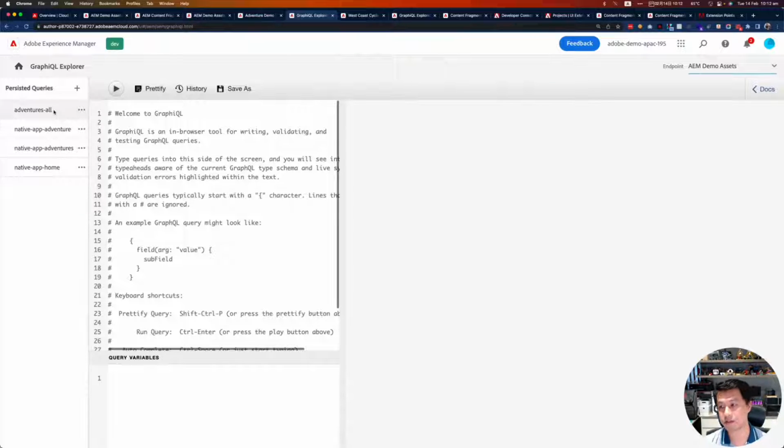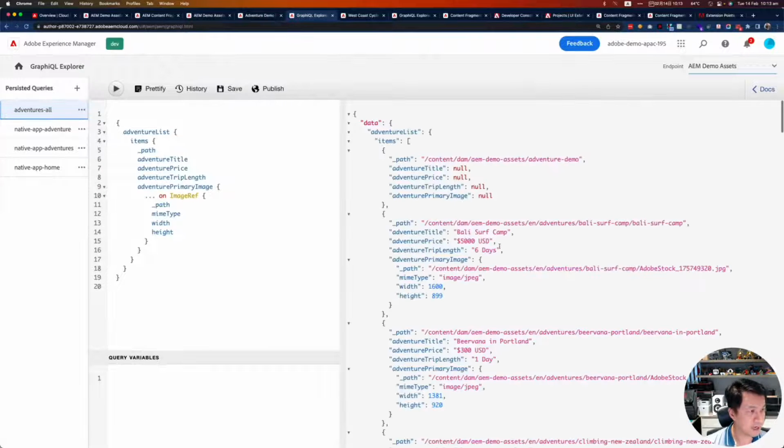And for everyone's information, GraphQL is really efficient in terms of fetching the content fragment or the headless content. For example, if you want to retrieve some information about the adventure content fragment model we just defined, you can simply use this query, and then this interface allows you to easily troubleshoot and manipulate the query that you want. And the power of GraphQL is you can not just define what objects you want, but also define what attributes from these objects you want to retrieve. So by simply changing the attributes here,